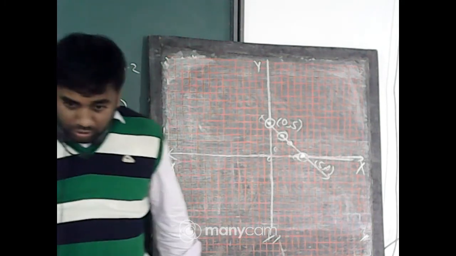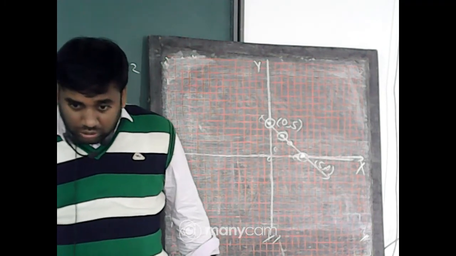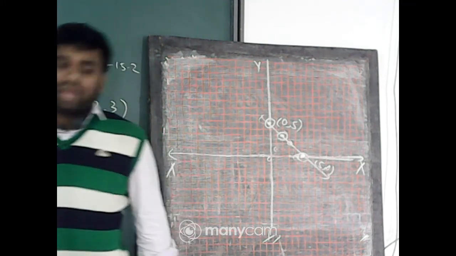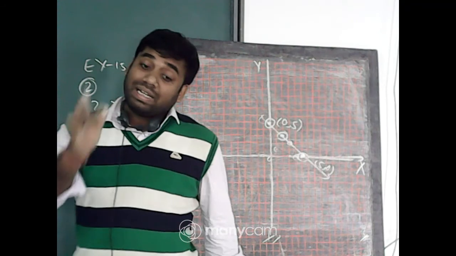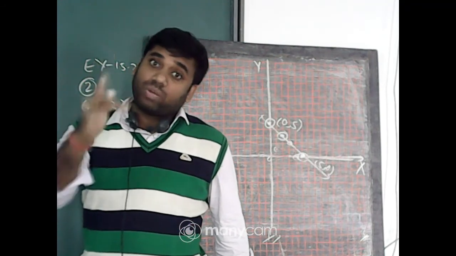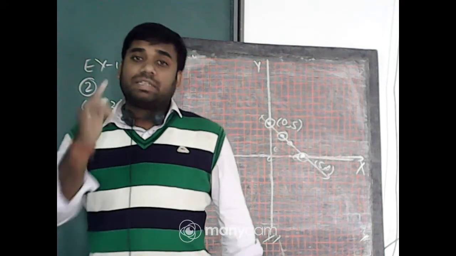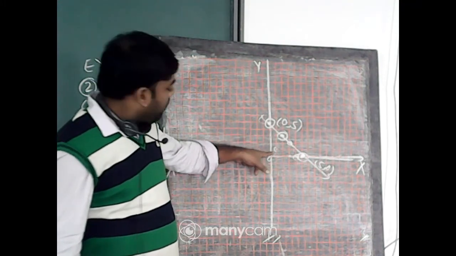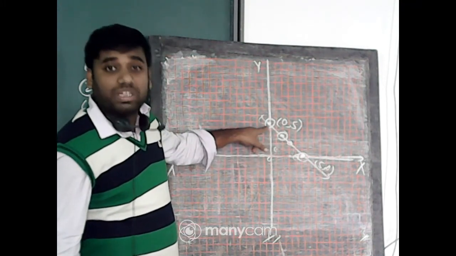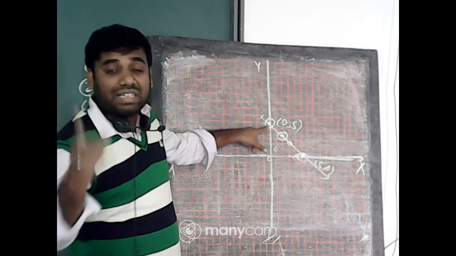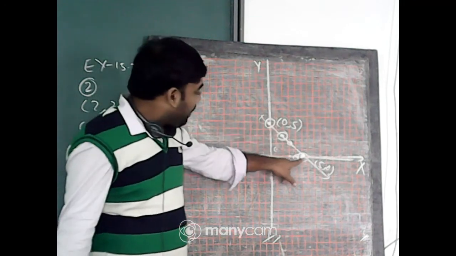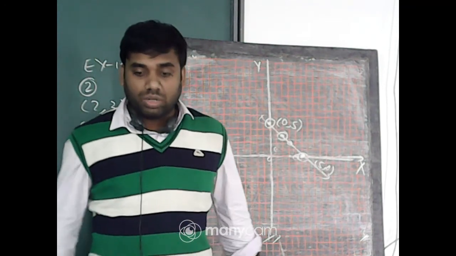Sir, the line will cross the x-axis and the y-axis. And where it is intersecting the x-axis and y-axis, you have to mention. It cuts the y-axis at 5 units above from the origin. So it means that line cuts the y-axis at 0, 5. And that line cuts the x-axis at the 5, 0 point. Got it everyone?